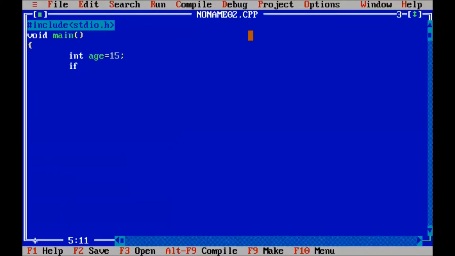Here, if age less than 18, then printf "person is minor".